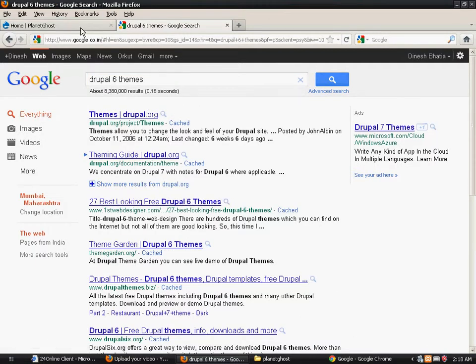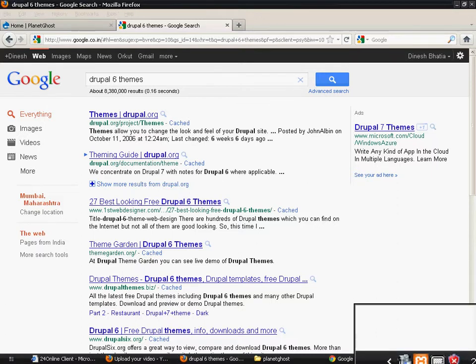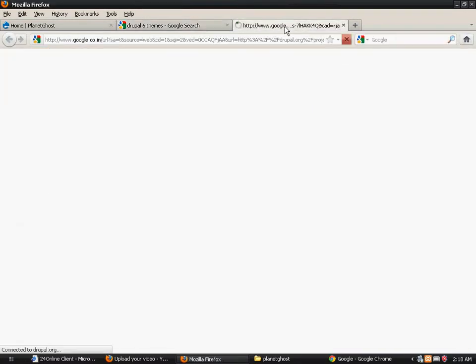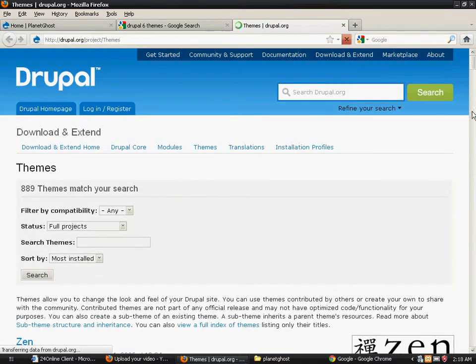Now since we are using Drupal 6, we'll search for themes in Drupal 6. I've found a site. The official site of Drupal gives us a few themes that can be implemented on your current Drupal site.